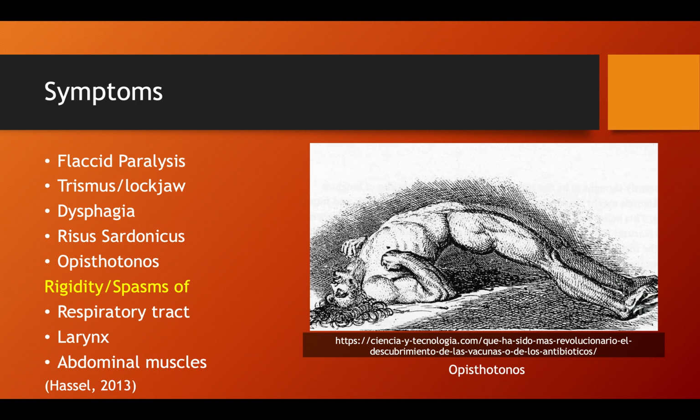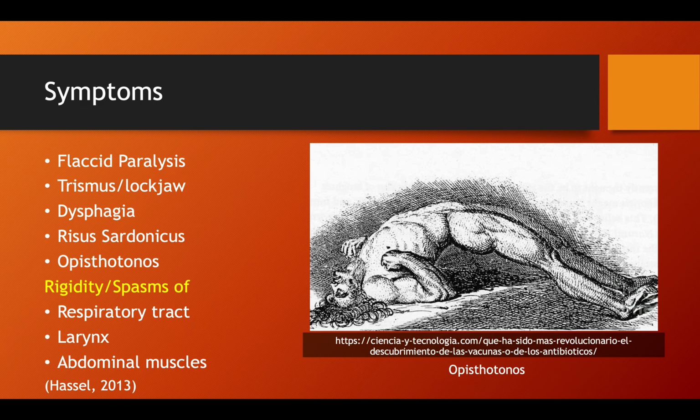The other symptoms include trismus, also called lockjaw, which is tetanus affecting the chewing muscles, which includes the masseter, and dysphagia, which is a difficulty of swallowing caused by tetanus affecting the swallowing muscles, risus sardonicus, which is tetanus affecting the facial muscles, resulting in an abnormal smiling position, and